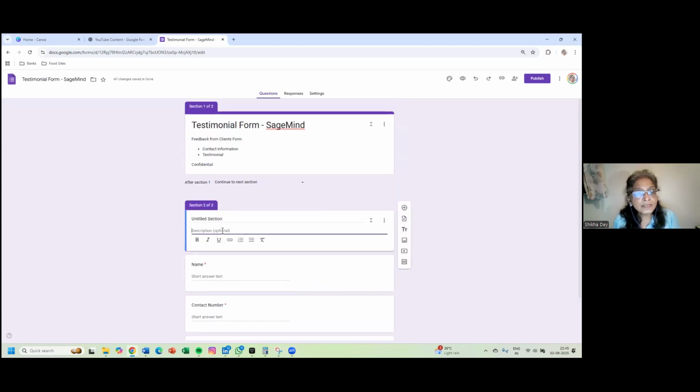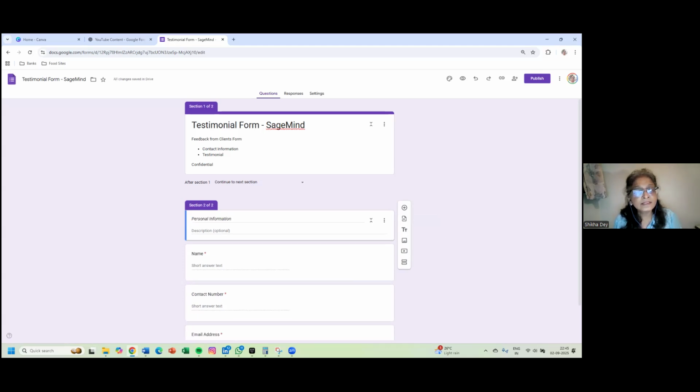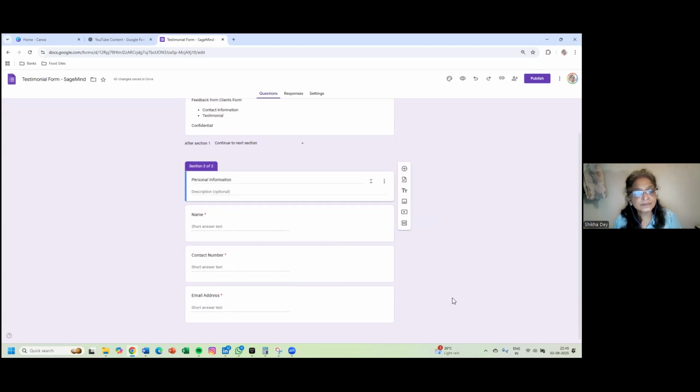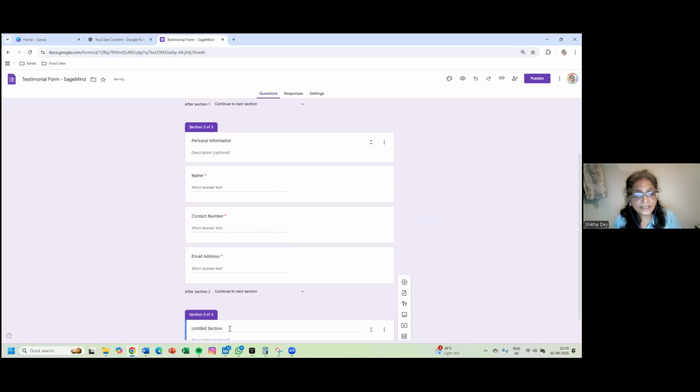Okay. Once I insert a section header, I say personal information here. Okay. And I simply say italics. This creates a section for me. Okay. So this is the first section. This is the second section. I come here and I create another section here. And in this, I say,